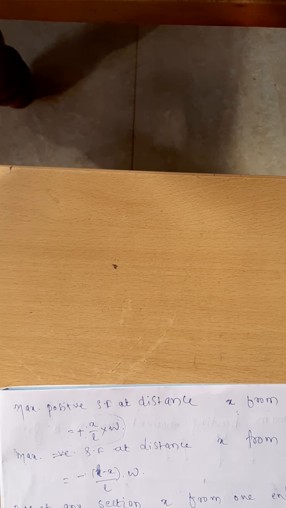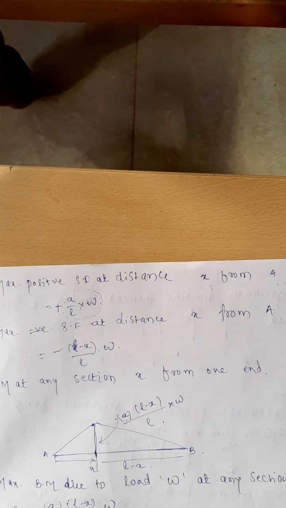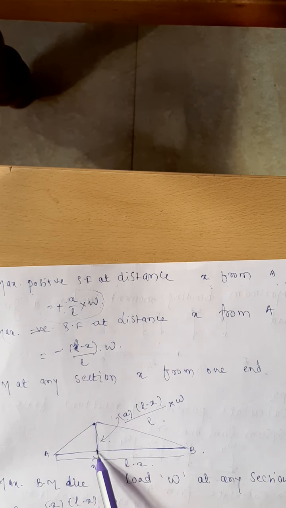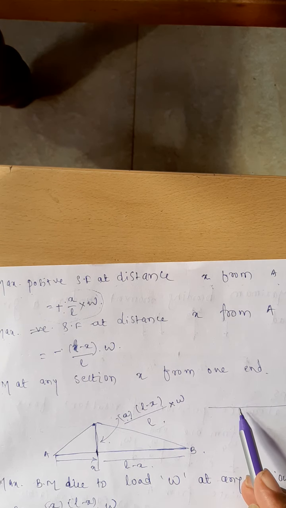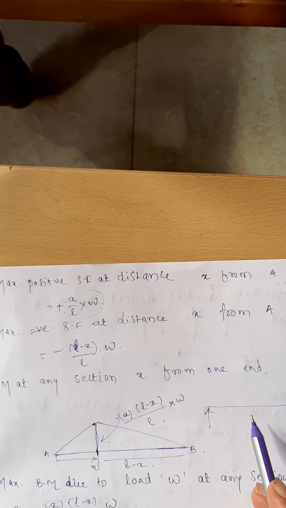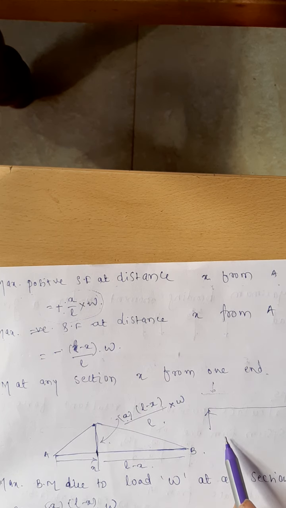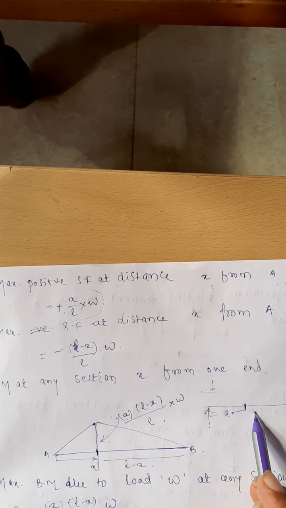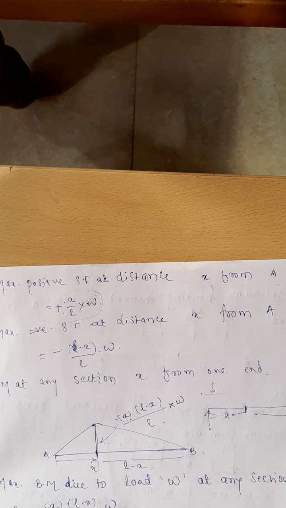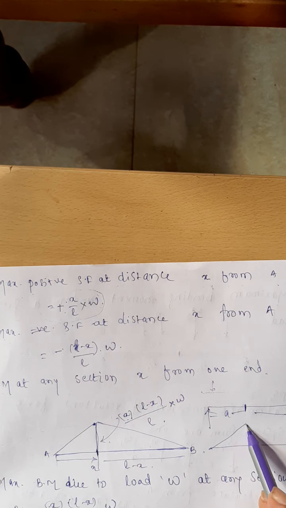Now I want the bending moment at any section. The load is moving. You are calculating the bending moment at any section. How are you calculating it? In the influence line diagram I had told you, bending moment when a unit load is moving. When a unit load is moving, the influence line diagram for bending moment at any section A is given by, yes, like this.